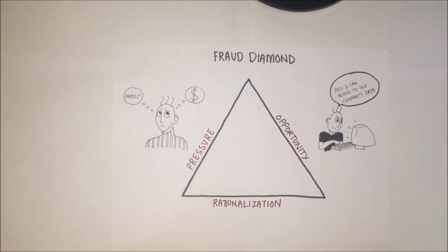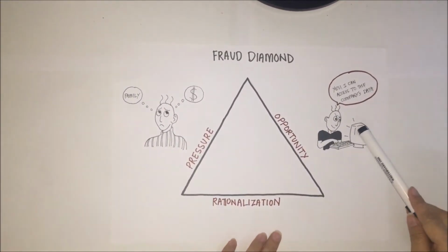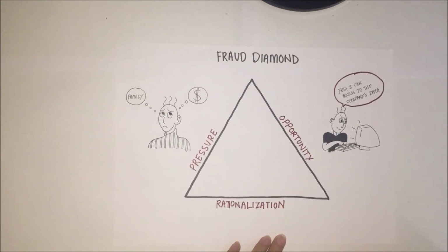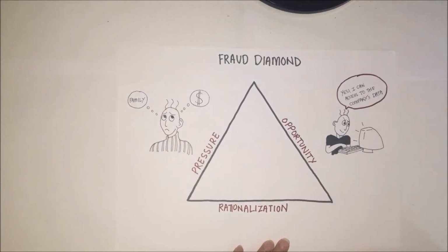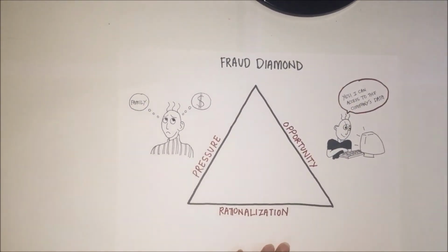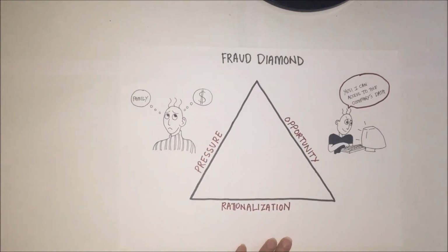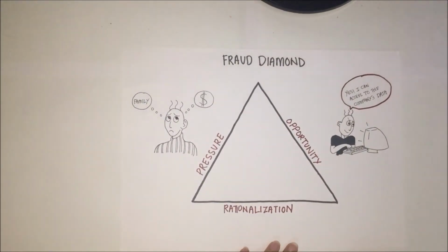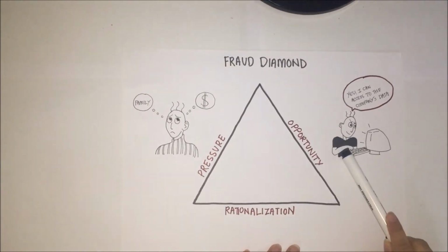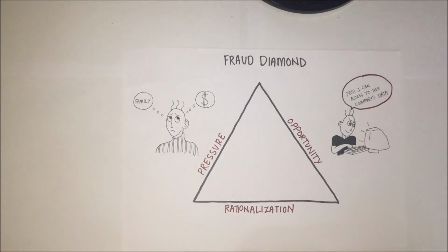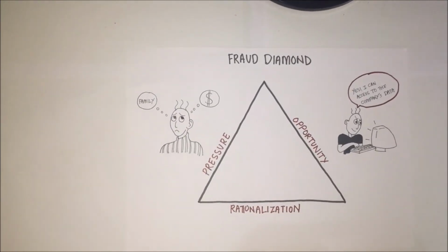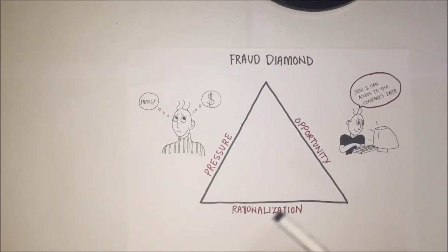For the second one is opportunity. Many people involved in public and private sector have access to tools that enable them to commit and conceal fraud. For example, internal company data or control over the budget. And then the combination of pressure and being exposed to such opportunity on the daily basis can create a strong temptation. But even with these two elements, most frauds still require rationalization.